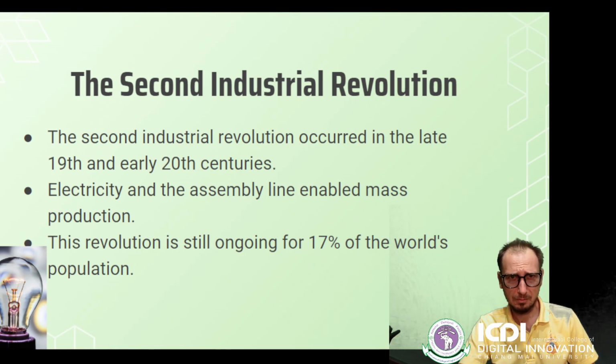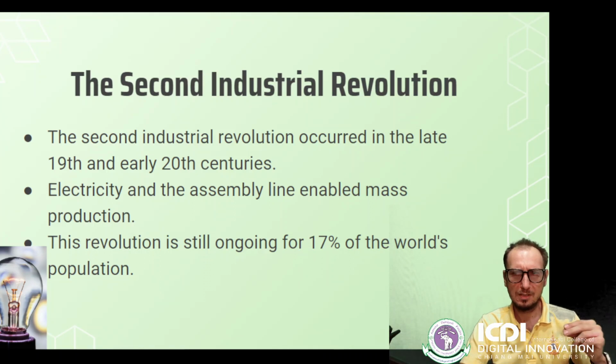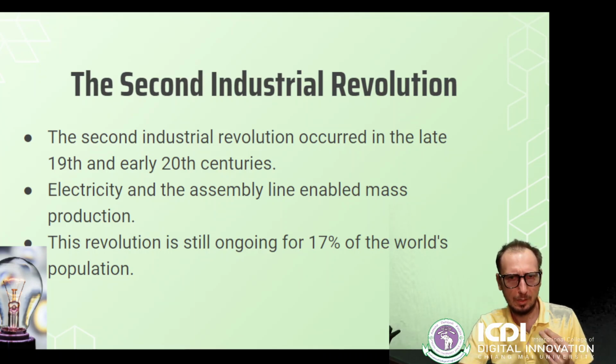The second industrial revolution from the late 19th century into the early 20th century enabled mass production through electricity and the assembly line. Again, instead of using steam, we had electricity that would move motors. And what is the assembly line? Assembly line, each worker does a little bit. So instead of producing the whole car or the shoe by one person, everyone was doing just a little bit. So this is the assembly line.